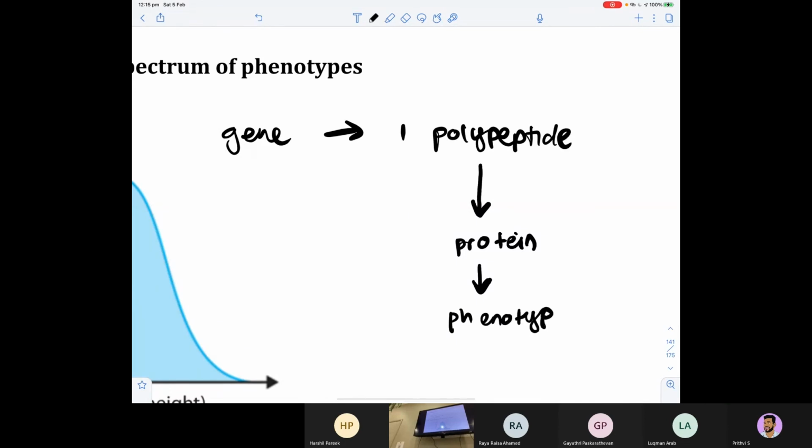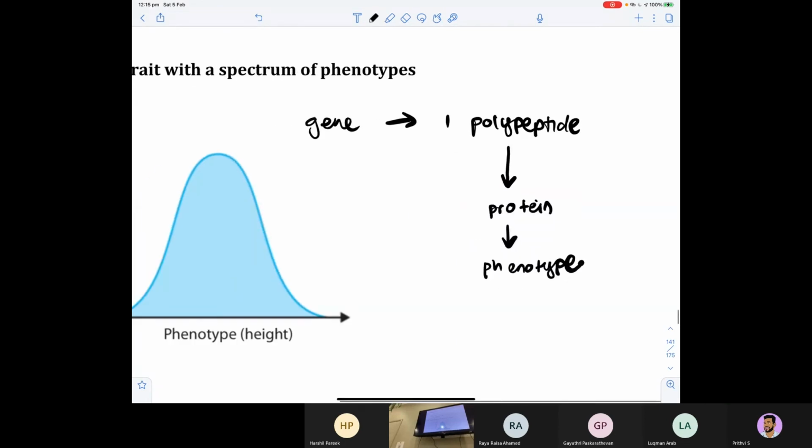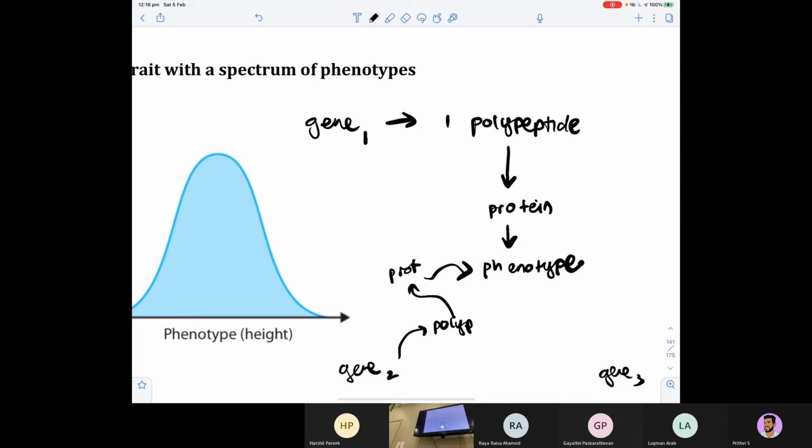This is what you're all learning, but in reality, there's gene 1 and there's also gene 2, there's also gene 3 that also make another polypeptide that will also be part of another protein that will also affect phenotype, etc., etc. So in reality, there are many genes all making different polypeptides that are all making different proteins that